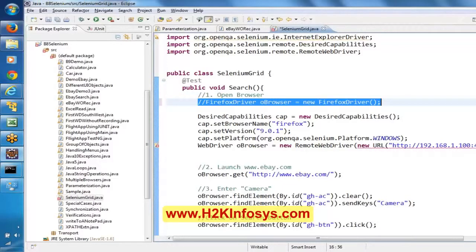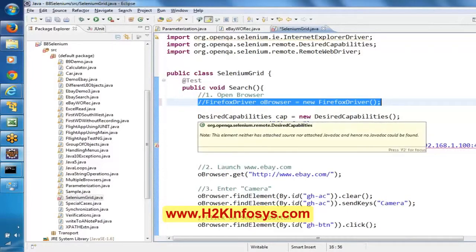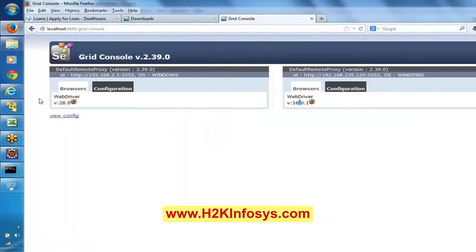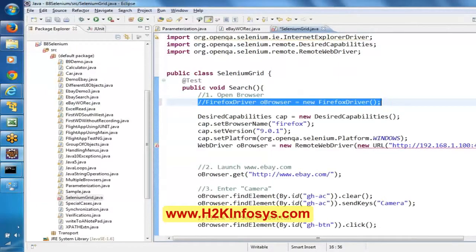So in the earlier case, we had a simple line where we can directly execute. It will directly open the Firefox. But now see here, as we wanted to open a particular specific Firefox version, because here we have multiple versions available in the grid. Okay, here 28th version is available, 16th version is available. So on which version that you want to execute?